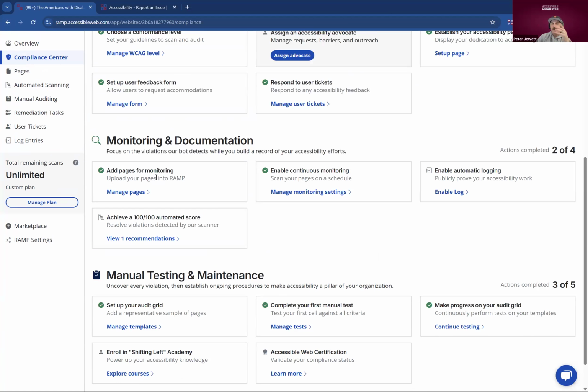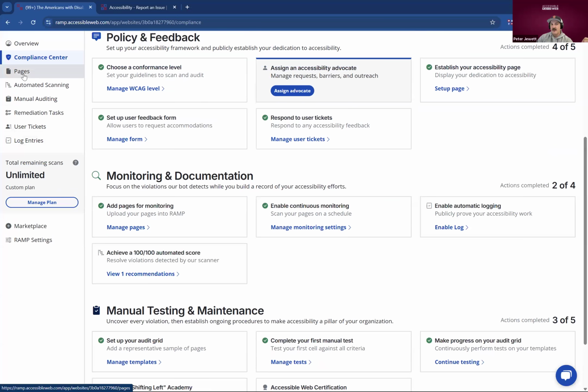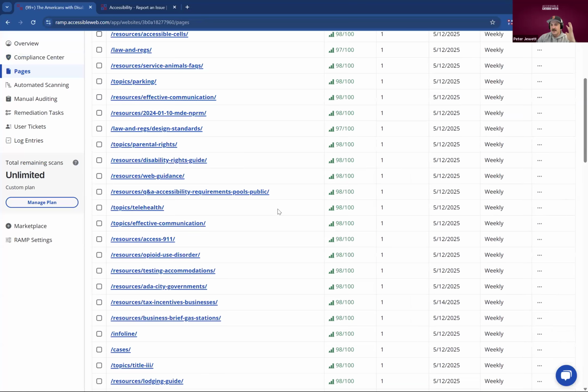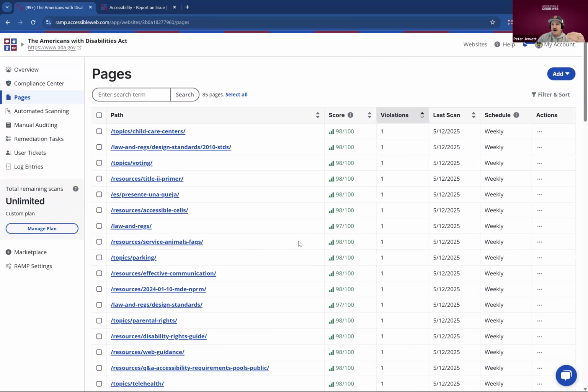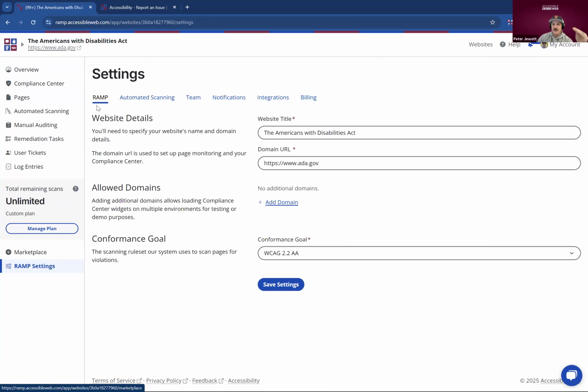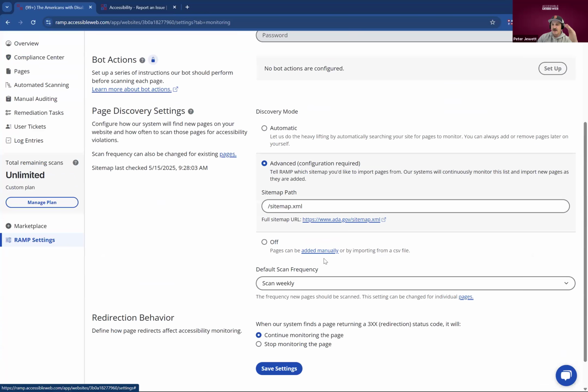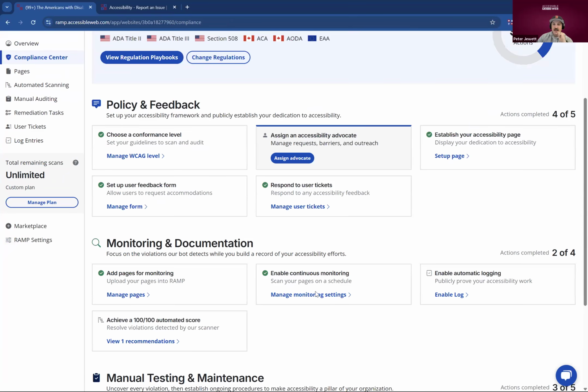Okay, so adding pages for monitoring, what you want to do here is go into Pages and monitor your whole website. I've already set this up for this website, but you can go into settings and automated scanning. We have multiple different options here for ingesting pages. For this particular one, we use their sitemap.xml file, which keeps updated as the website changes. And for this website, we are scanning it weekly. The next step is enabling continuous monitoring. So we're monitoring on a weekly basis,